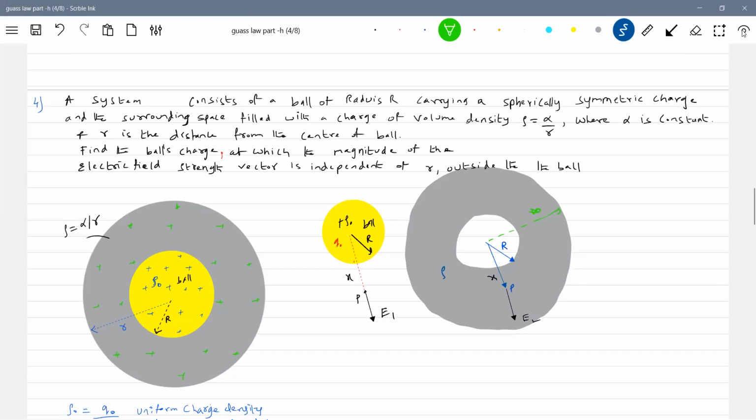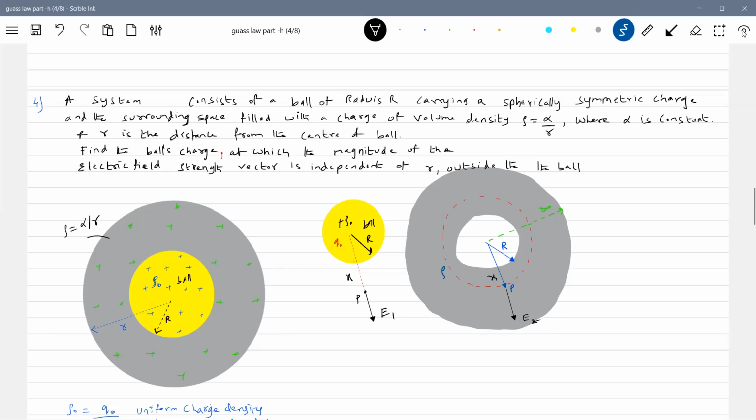Okay, but what we needed is only the field strength at point P. The field strength at point P we will determine. But again, drawing a Gaussian surface, so I'll draw a Gaussian surface. Then how much charge is enclosed by the Gaussian surface will determine the field strength at point P due to that variable density rho. Able to analyze this one? Okay, first I think we'll calculate E2 because that will be the more difficult quantity to measure.